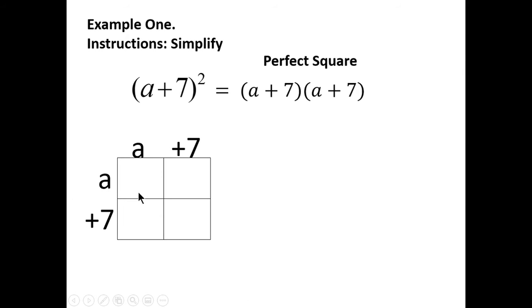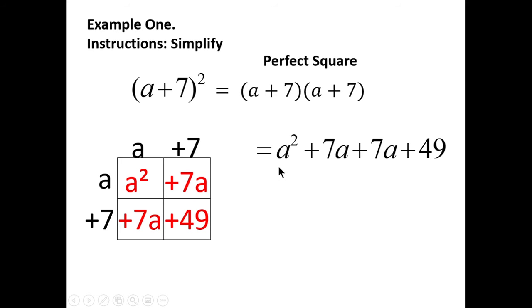And we multiply to get the first box, a times a, a squared. And then the a times the positive 7 gives you plus 7a. And here, for this box, 7 times a, positive times positive, plus 7a. And our last box, 7 multiplied times 7, gives us plus 49. So we write these 4 boxes all stretched out here, and we see if we can combine like terms, which